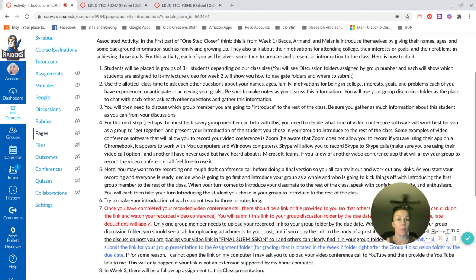And every single person in the group needs to introduce one of the other group members, and each one of you needs to speak for at least 2 minutes. I had some confusion last semester about that, where some students thought that the entire presentation only had to be 2 minutes long, and that is not true. Every single person needs to speak for at least 2 minutes. So ideally, let's say you have 5 people in your group, your presentation would need to be roughly 10 minutes long if all of you were speaking for 2 minutes each. So maybe that makes more sense to some people if I'm not explaining it perfectly, but that's what you're shooting for. So basically, use Zoom or Microsoft Teams, whatever somebody in your group is comfortable using,